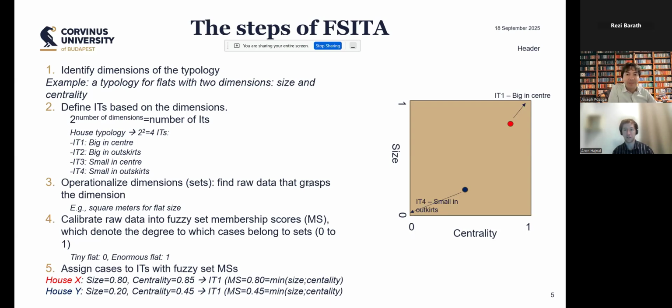Thank you for the question. Yes, that's a good point. Definitely, ideal types don't necessarily exist. Often they don't exist, I would say. In a third step,